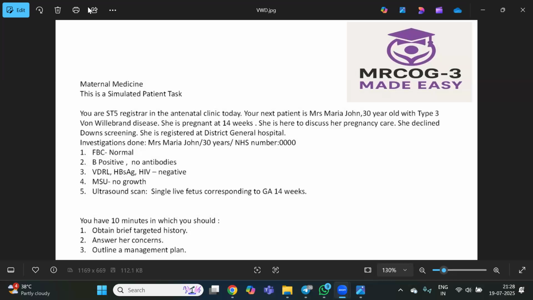What is important here is that maternal medicine starts with pre-pregnancy care. Sometimes they can ask pre-pregnancy care for any of these topics. Commonly they will ask diabetes and sickle cell disease. Pre-pregnancy care is separate, so you have to prepare it separately. And then sometimes they will ask about pregnancy with any maternal medicine problem, and in that case you have to know